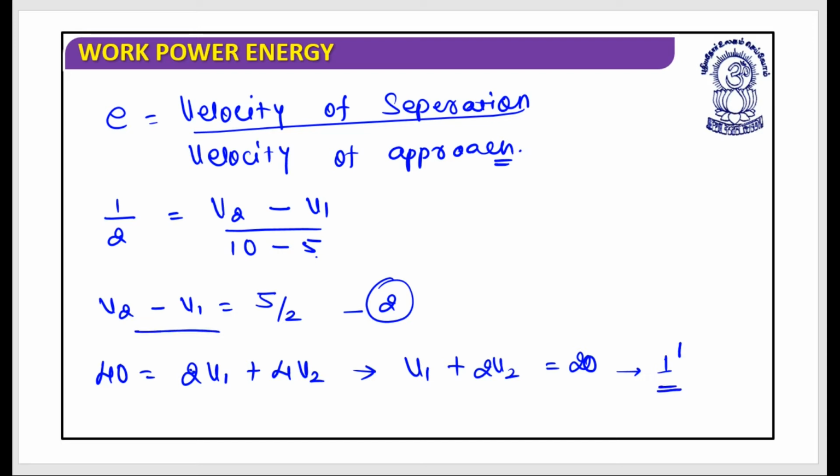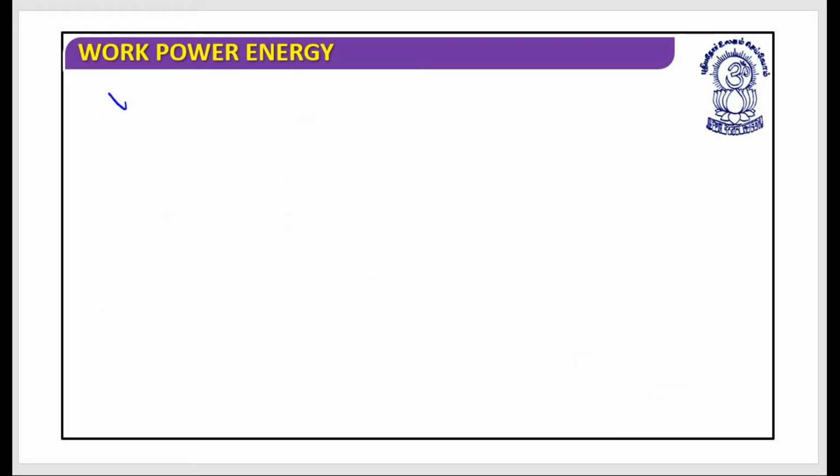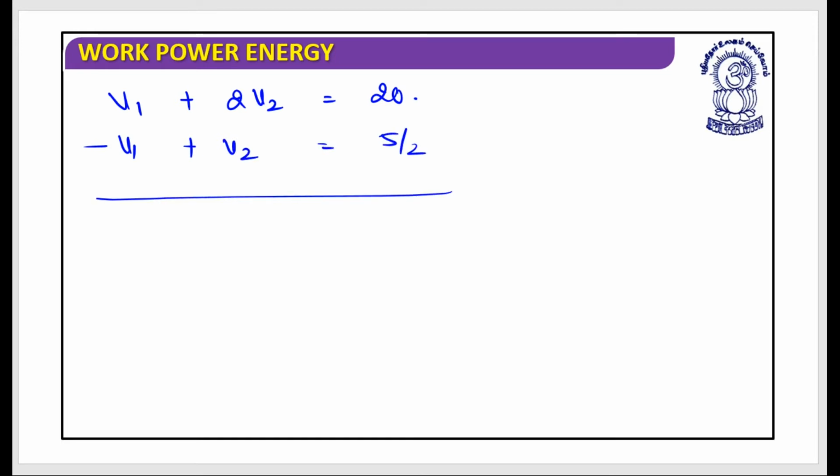So we have two relations, one here and another one here. Let's solve it. We have v1 plus 2v2 equals 20, and minus v1 plus v2 equals 5 by 2. Let's just add these. If we add, v1 goes away, and 2v2 plus v2 is 3v2. This equals 20 plus 5 by 2,